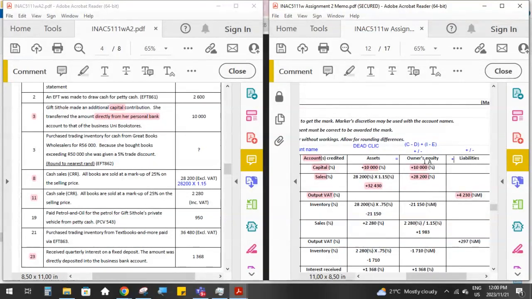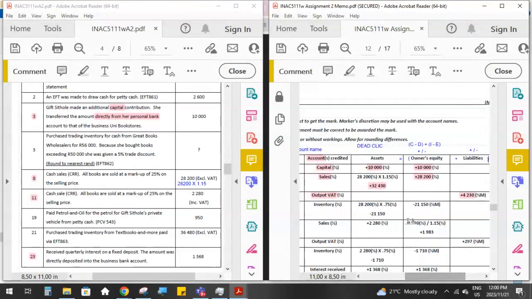The right-hand side of my accounting equation has also increased by 32,430. That has to be true after every transaction because our sum, assets equals owner's equity plus liabilities, has to be true all the time. That accounting equation always has to balance,